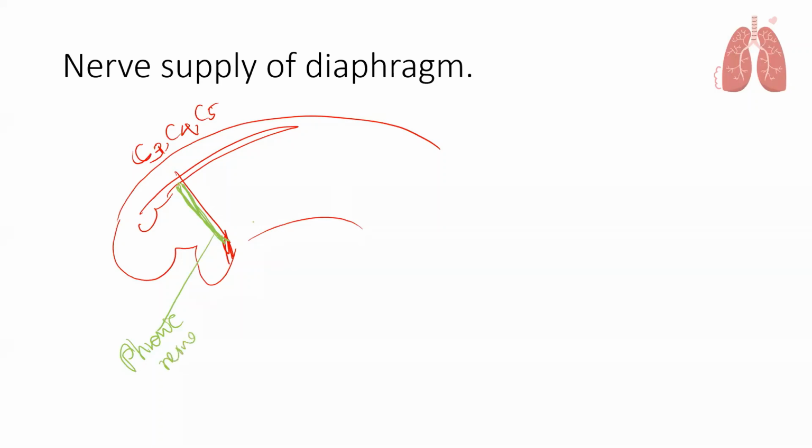And with development, with the lungs developing and expanding, the septum transversum moves downwards, right? During flexion, the dorsal side of the embryo grows much faster than the ventral side. So this results in the septum transversum moving downwards, and it finally rests in the lower thoracic region. So it drags this phrenic nerve along with it.